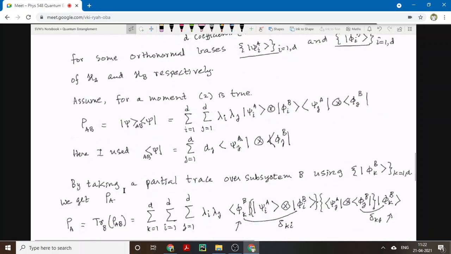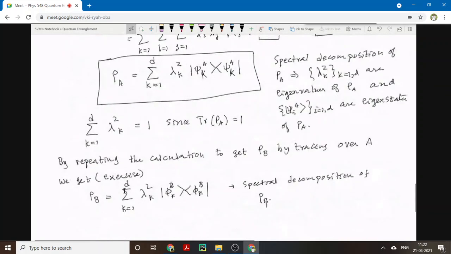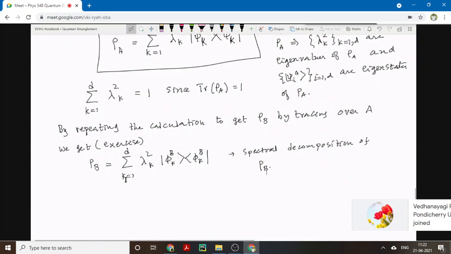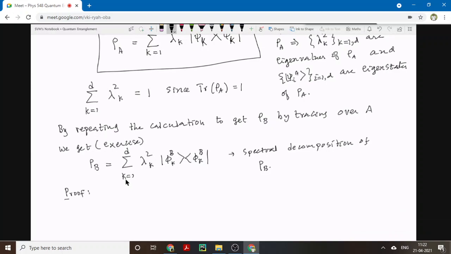Okay, so let me write down a kind of proof for this. Sir, here the eigenvalue is same as the probability because the sum over eigenvalues is 1. Correct, the sum of probabilities is 1, and it's a square, a real square cannot be negative. So it's same as probabilities. Correct.